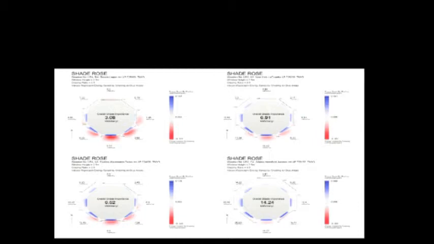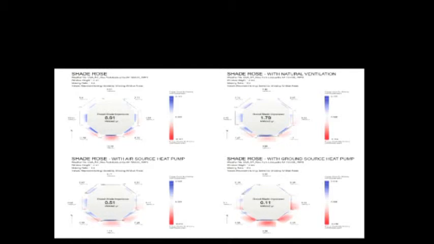So if you're in the gray area, you can't quite see the lines. That's the middle point between savings and the penalty. And you can see penalties on the red side. So we quantify that, and then we ran for different climates. So this could be a great climate consultant sort of tool, where you can run the same model in different climates and see what is the optimum depth of the shading device. And then another round of simulations where we used different kinds of passive strategies. For example, here I'm just showing the natural ventilation and air source heat pump and ground source heat pump.